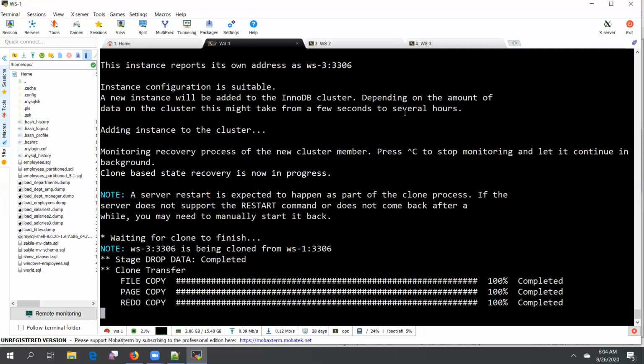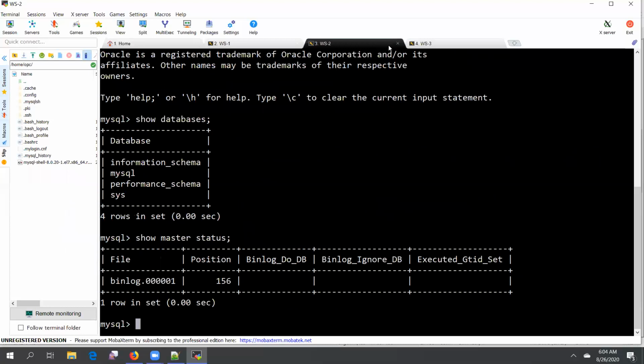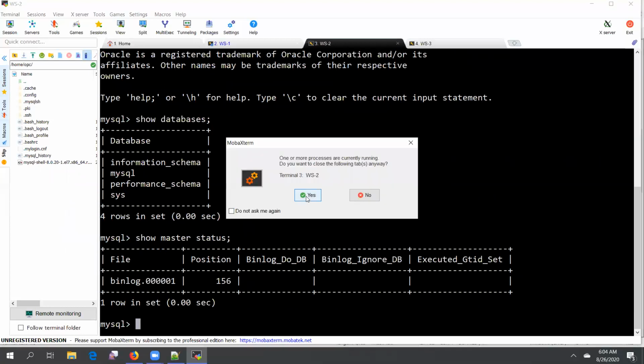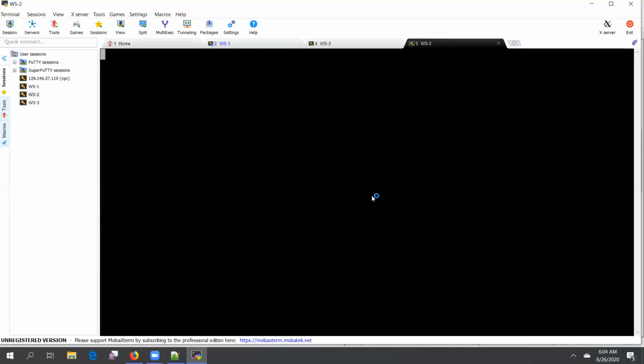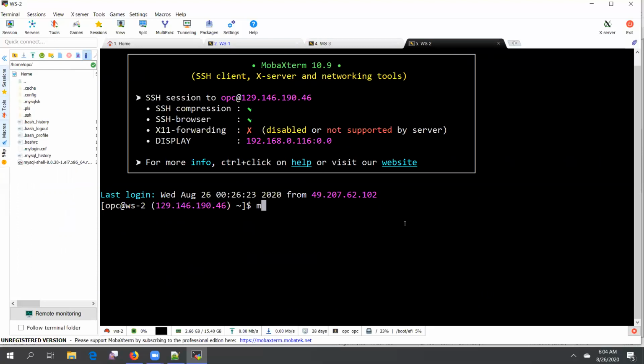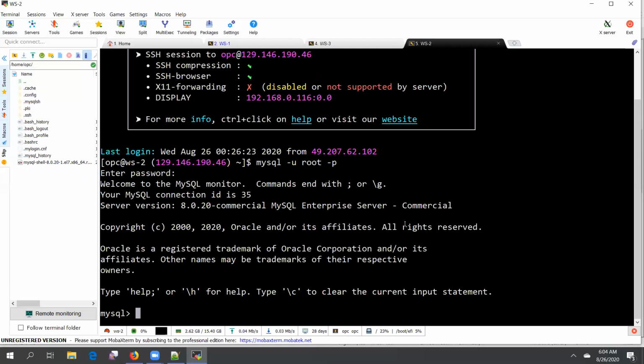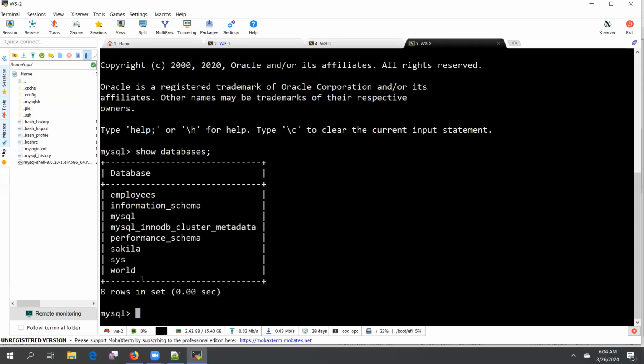While that is happening, let's go back to my WS2 instance and see whether the data from the primary is copied to WS2. So when I say show databases, I should be seeing the employees, the world, and the Sakila that is replicated from the